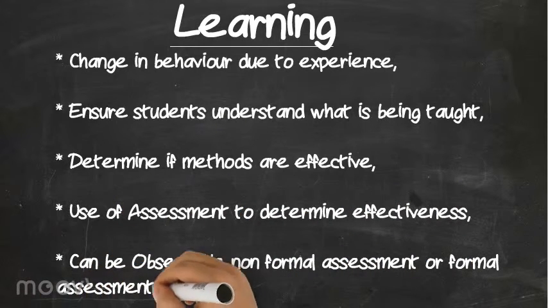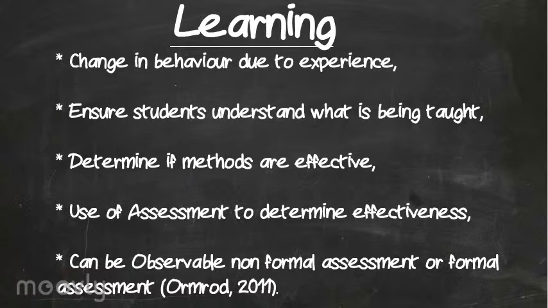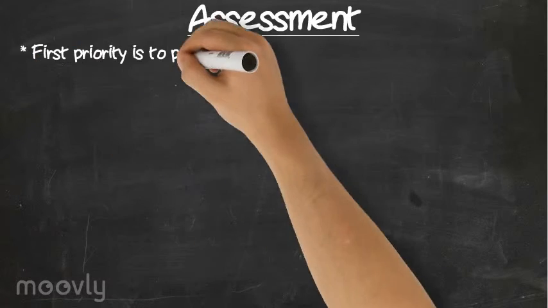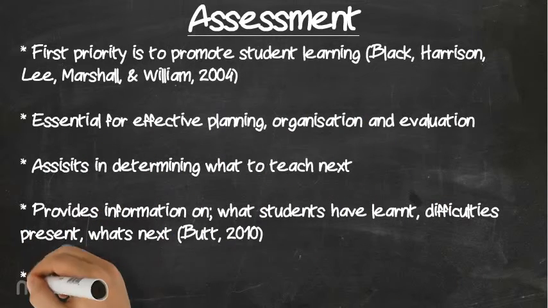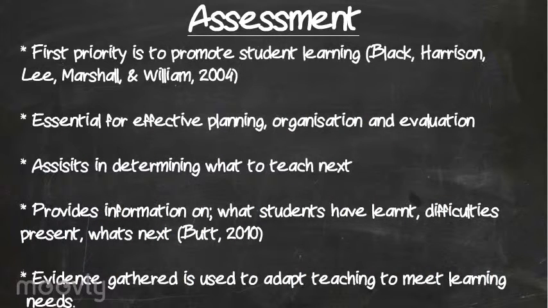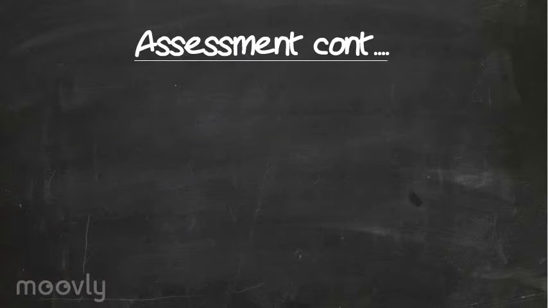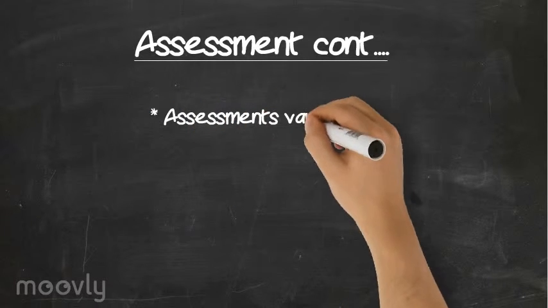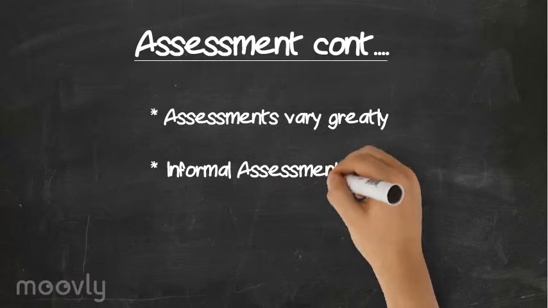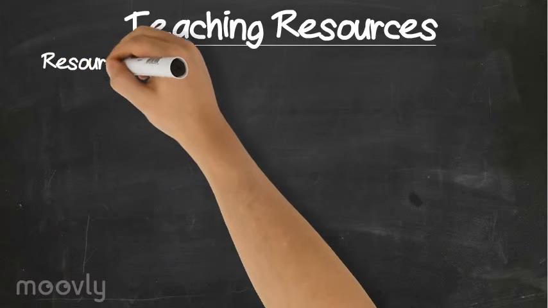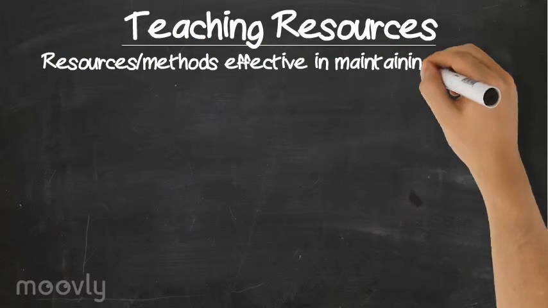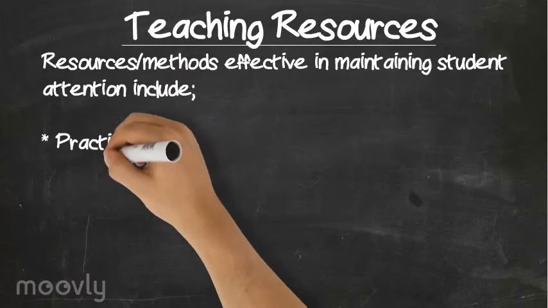There must be a close correlation between what teachers teach and what students learn. How teachers use the information gathered is what is important, as it helps us to find out whether students have learned what they have been taught and if teaching methods have been successful. If methods have not been successful, teachers are then able to adjust the way they are teaching to be more effective. A variety of resources are available to assist in accomplishing effective teaching and learning within the classroom.